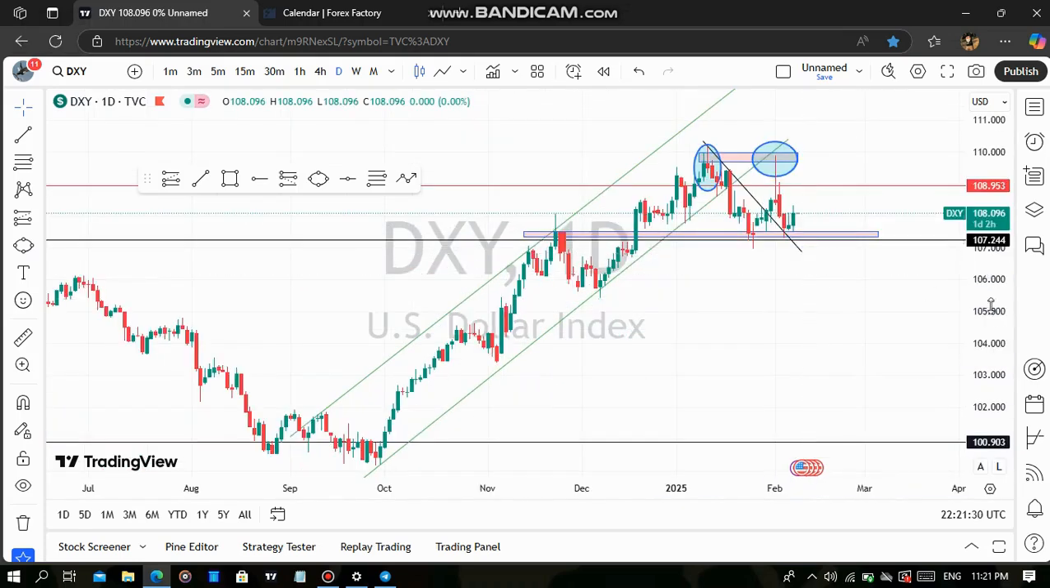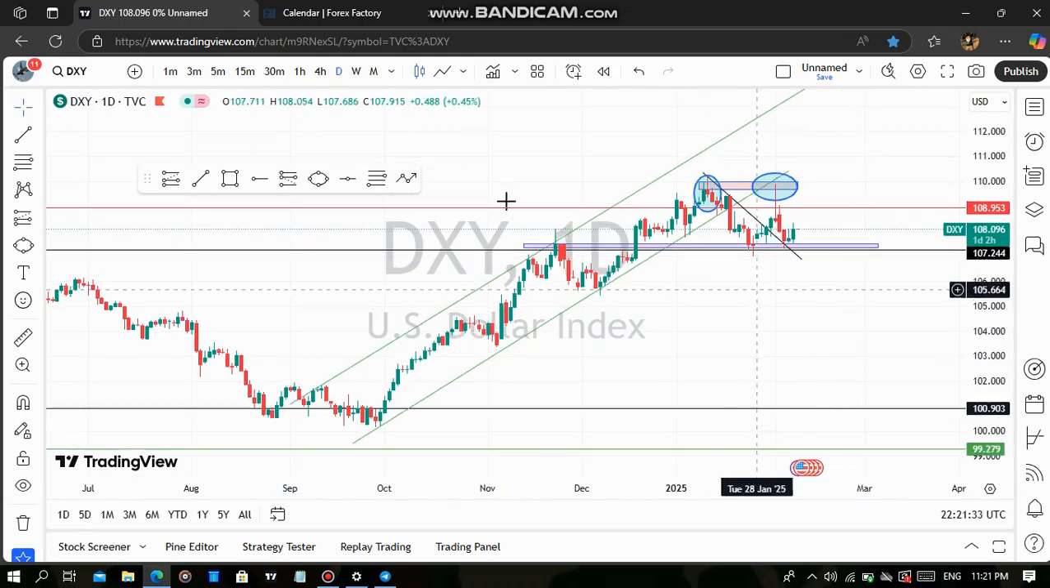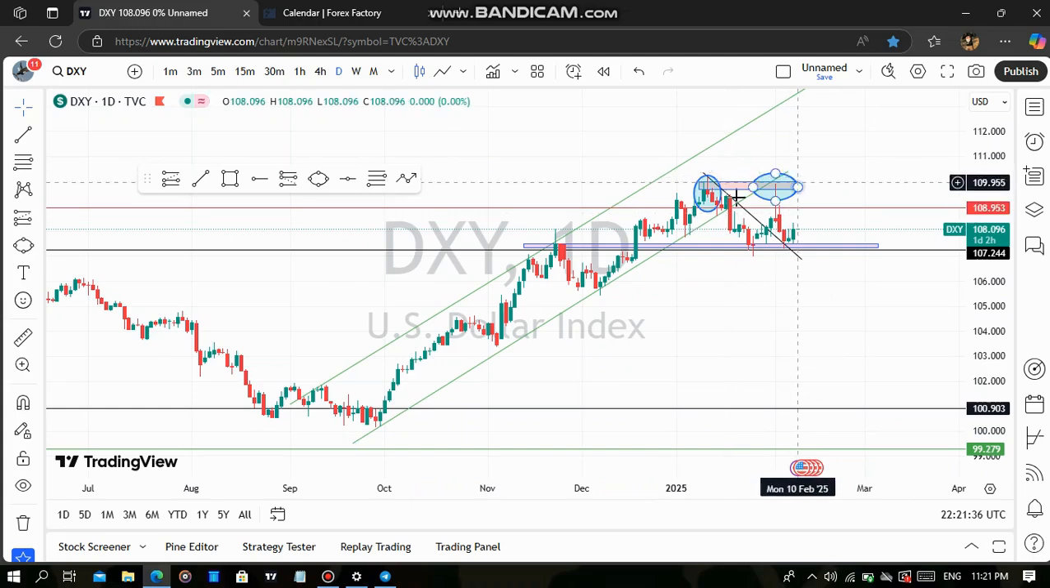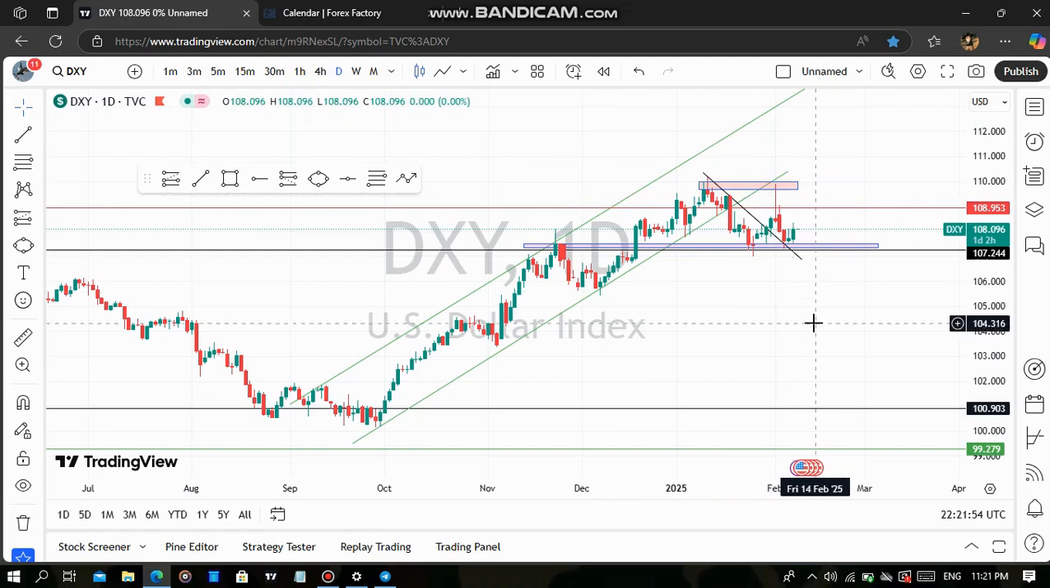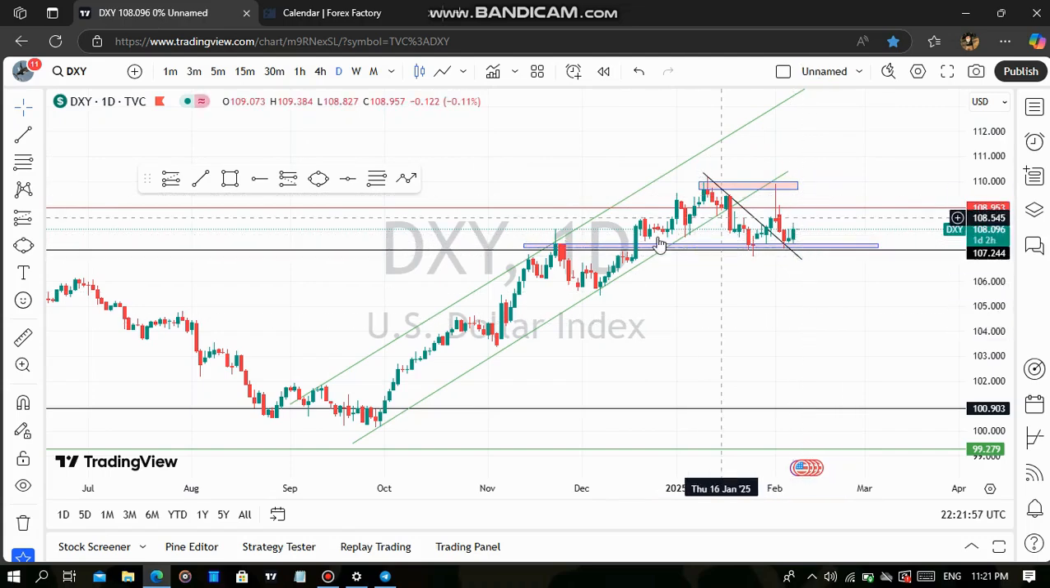Double top pattern here. However, we understand that this pattern is not complete, or let me say this pattern is not confirmed yet until price breaks this neckline. So this pattern is not yet valid. It is not yet valid until price breaks this neckline. Until we see a candle like this bullish candle we have here,